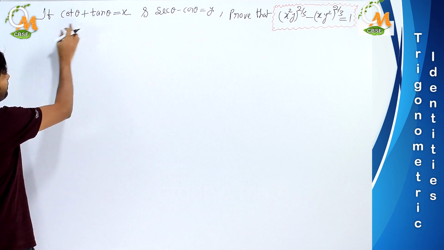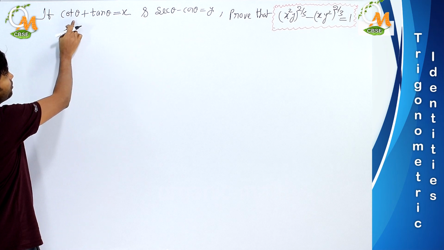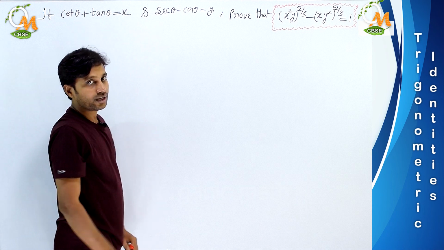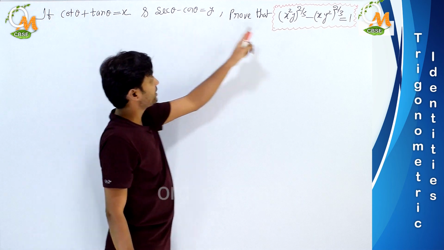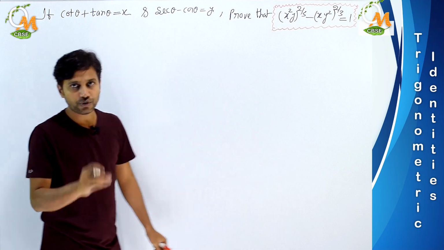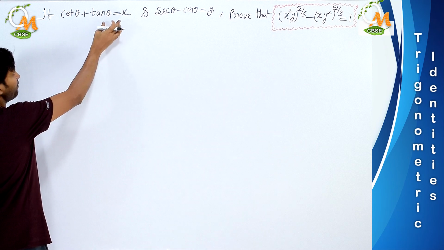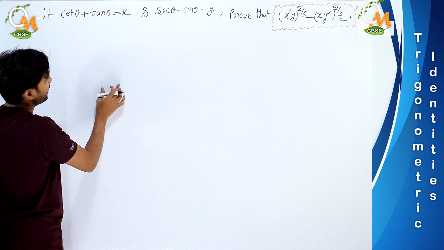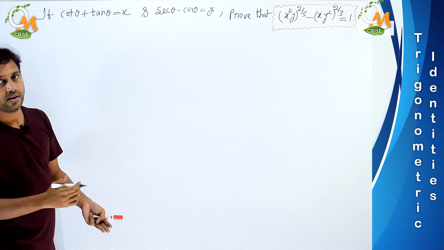Anyways, now let us take the values of x and y. Now these are looking a bit clumsy. Why? Because these two are given in two terms. If we substitute these expressions here, it will be lengthy. Then better do one thing. First of all, simplify the value of x and the value of y in sine and cos terms. Okay, let us see.